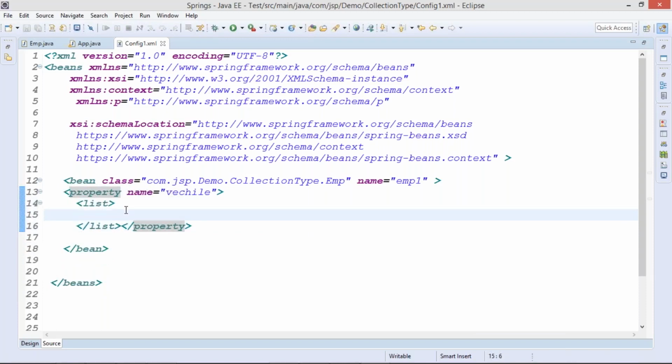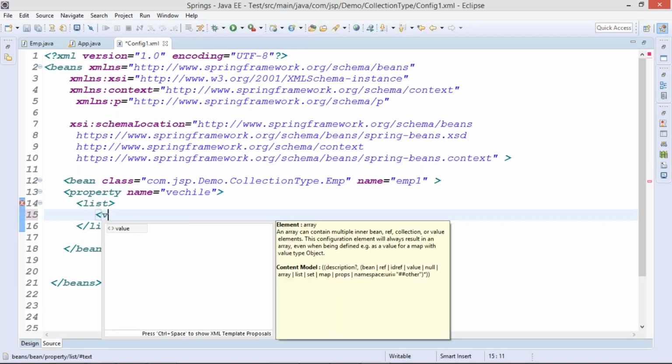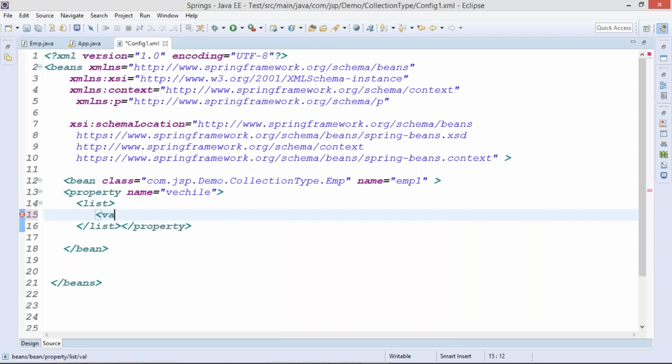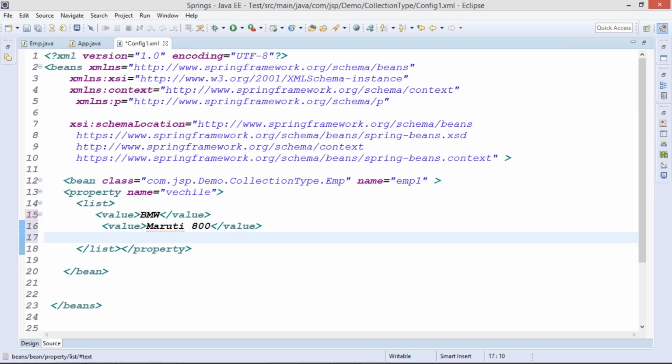Yeah. Now in between we will use a tag. So the name of the tag will be value. So value, and here we will pass the first vehicle name as BMW. Similarly, I'll pass the second vehicle name as Maruti 800. Next, let's say we have the next vehicle as